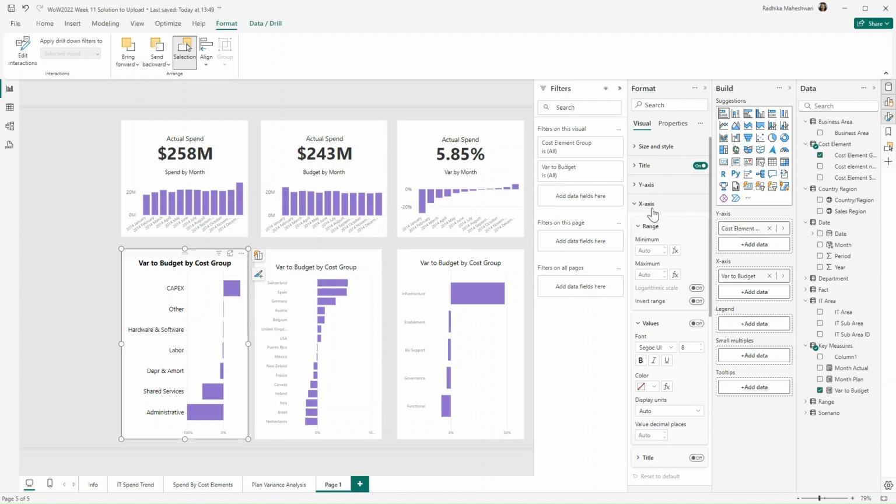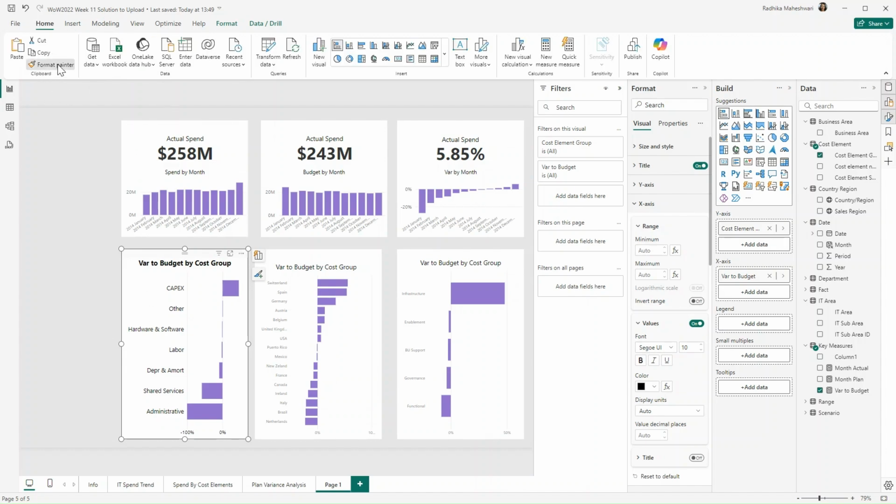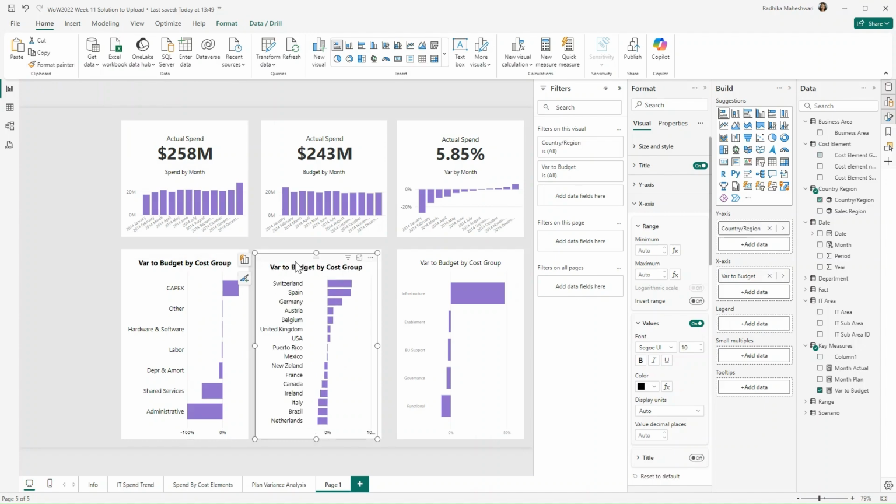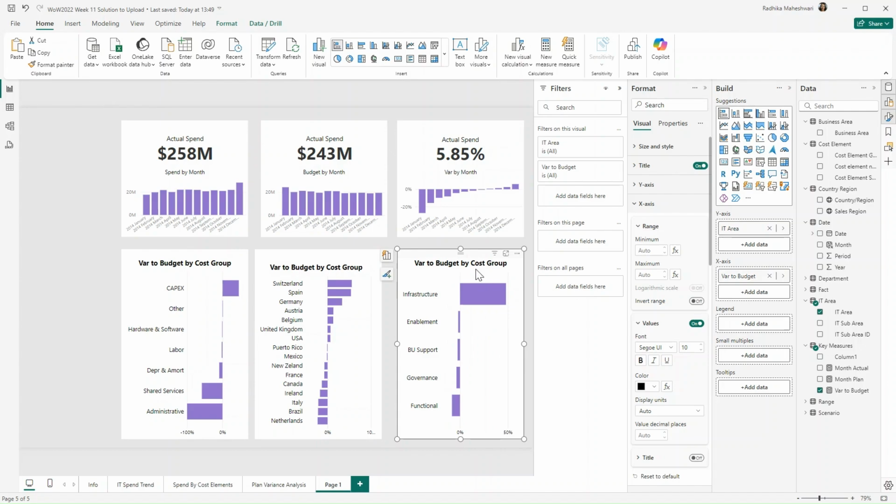For x-axis also, I'll increase the size a little bit and choose a black color for the font. And now I'll select this visual, go to home and select format painter. And I'm going to do the same for this visual. And again, select format painter and I'm going to copy the style for this visual. This is a quick way when you have to format similar visuals.